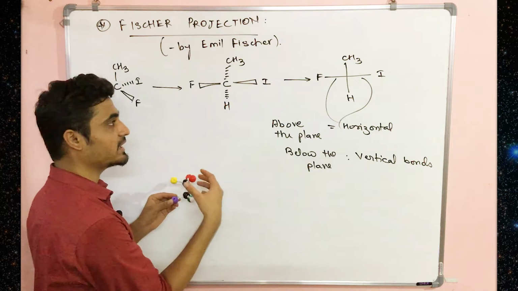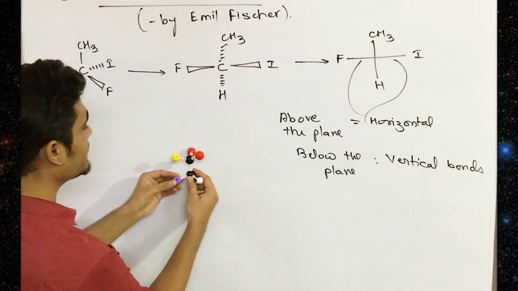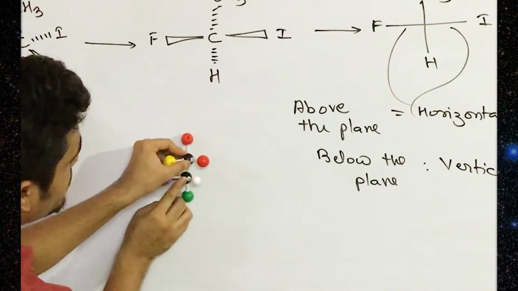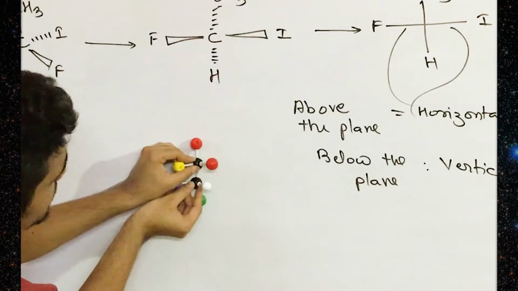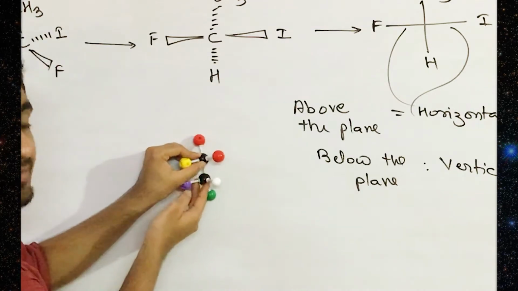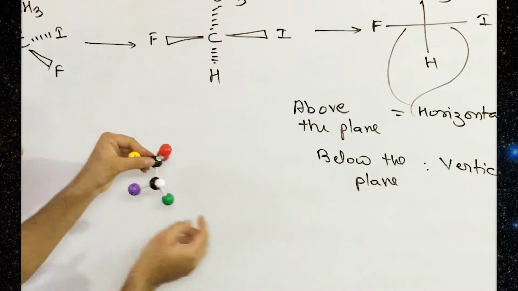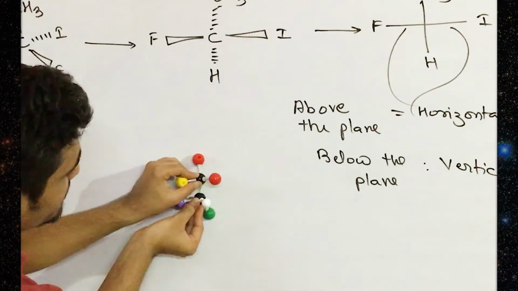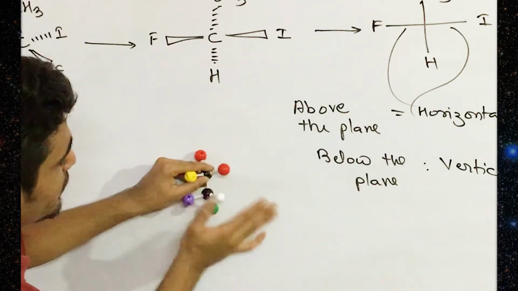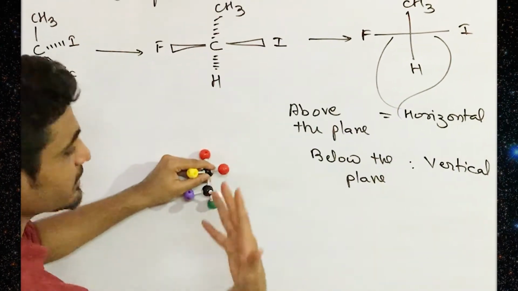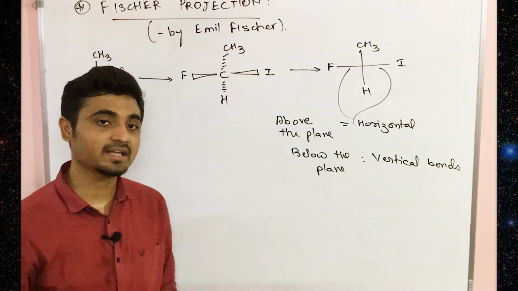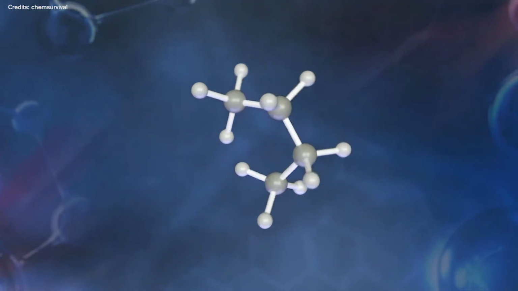One way of understanding the projection is that I can take this molecule and press it on this paper. If you press it on the paper, you will see that the vertical bonds, these two, are going to become the bonds which are behind the plane. So if I project, I can simply understand it by pressing it on the paper, and you can see these four atoms are going to come on the horizontal bonds, and the bonds which were going backside are actually coming on vertical.